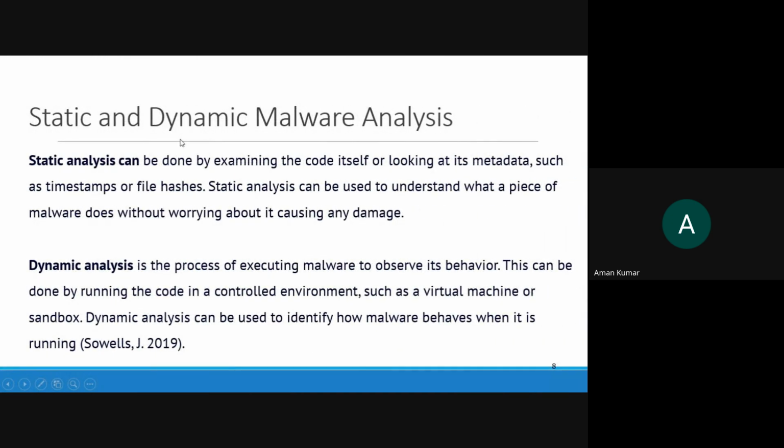I hope you all are now able to understand what exactly static analysis is and what exactly dynamic analysis is. Simply explained, static analysis focuses just on the metadata, just on retrieving the hash keys. Whereas dynamic analysis,